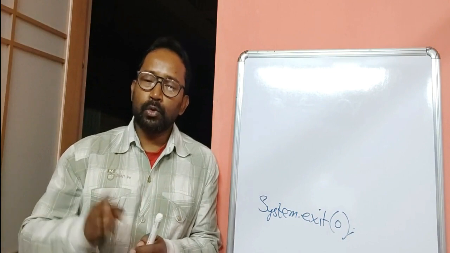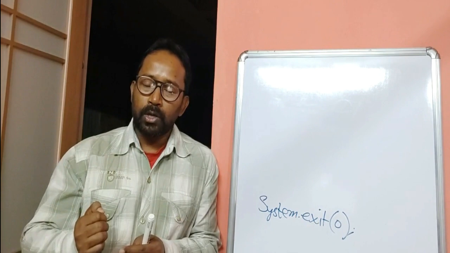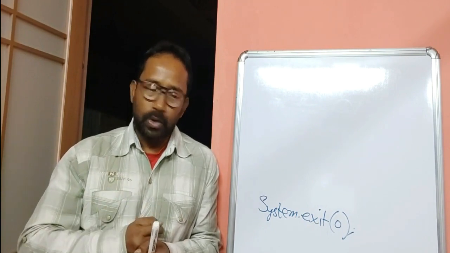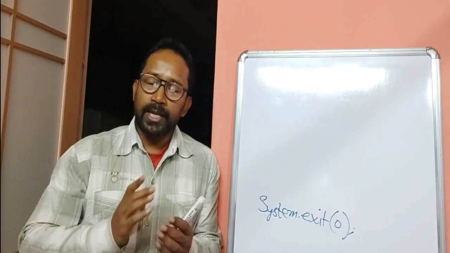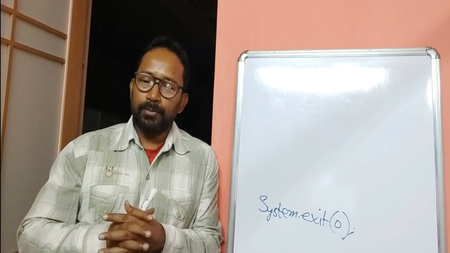Clear? So you understood break, return and exit. Break is used to terminate the switch block or loop block. Return statement is used to terminate the execution of the function in which return belongs to, and system.exit will terminate the execution of full application or program. I hope you understood all this type of jump statements.